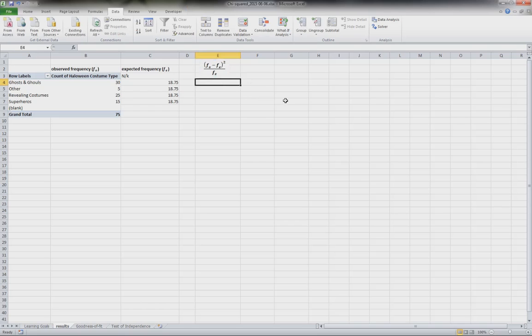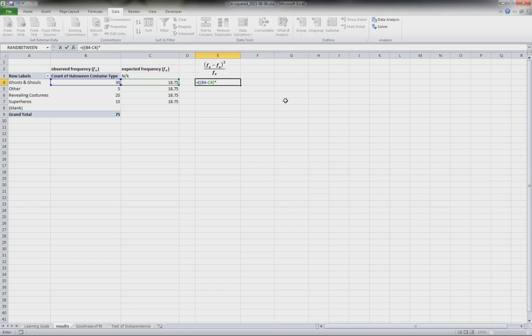And so the nice thing about Excel is we can do this using formulas, right? So what we'll do is we'll do equals, and I'll do 2 parentheses, and you'll see why in a minute. And I want to do the frequency of, so we have to do this for each category, right, or for each one of our cells. So I'm going to start with the frequency of the observed, and so in this case we're looking at cell B4 minus cell C4